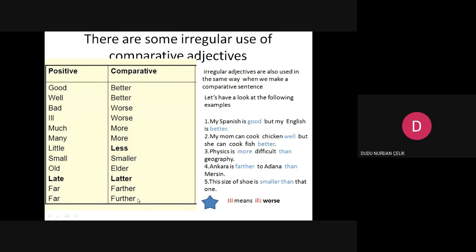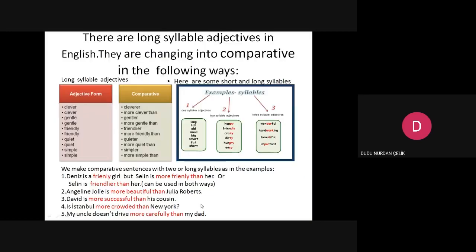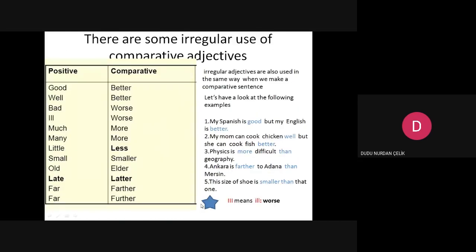But when we say further, when I look out of my window, I can say the supermarket is further to my house than the hairdresser. Further, a little distance, not too far, but far too longer distance. Okay, you got it?